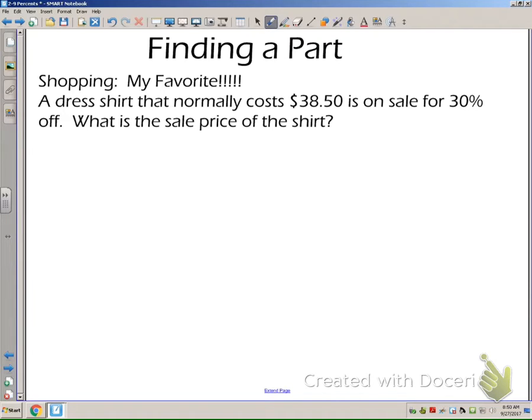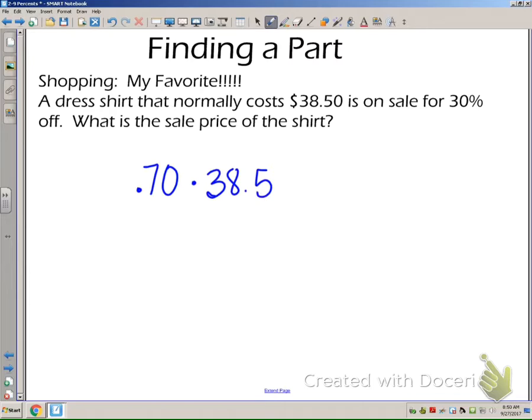It says a dress shirt that normally costs $38.50 is on sale for 30% off. What is the sale price of the shirt? Now you can think of this however you want. There's several different ways that you can work this problem. But when I think about the fact that it's 30% off, if 100% represents the total cost, 100% of the price is $38.50. But if I'm getting a 30% discount, then that means I'm only paying 70% of the original cost. So I want to know what is 70% of